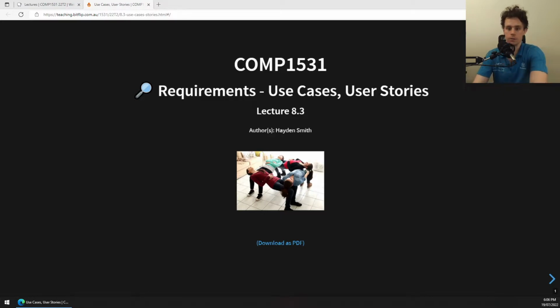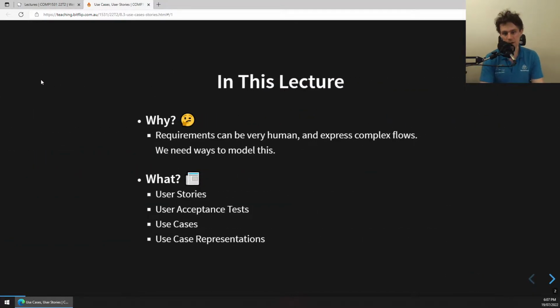So, this particular lecture is an extension of what we were talking about when it came to requirements. And we talked a lot about requirements yesterday. We talked about what they are, why they're important, and what we're going to be talking about today are essentially some useful ways to express requirements, because the examples that we looked at in the Introduction to Requirements lecture,